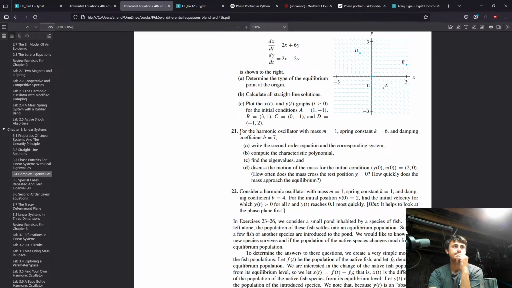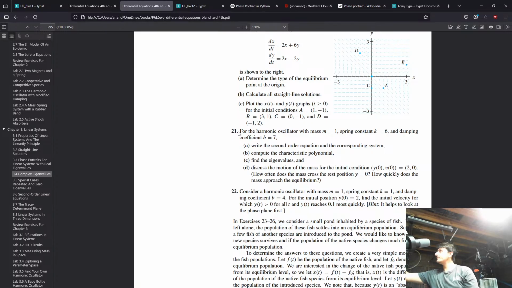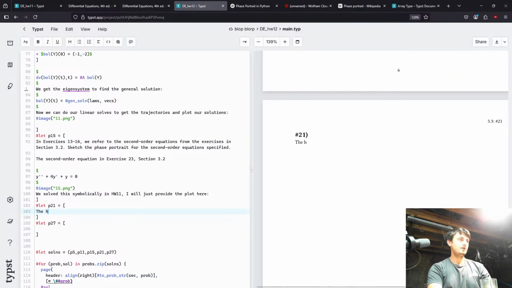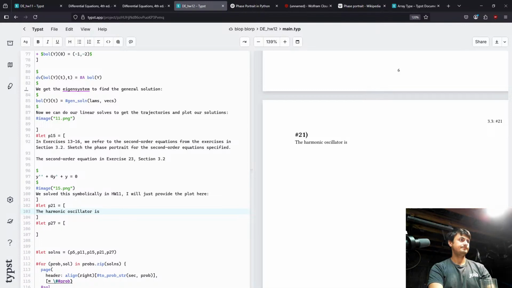We can get something good. Okay, the harmonic oscillator is m times the acceleration, so m y double prime plus b y prime plus k y is equal to 0. Okay, so the harmonic oscillator is